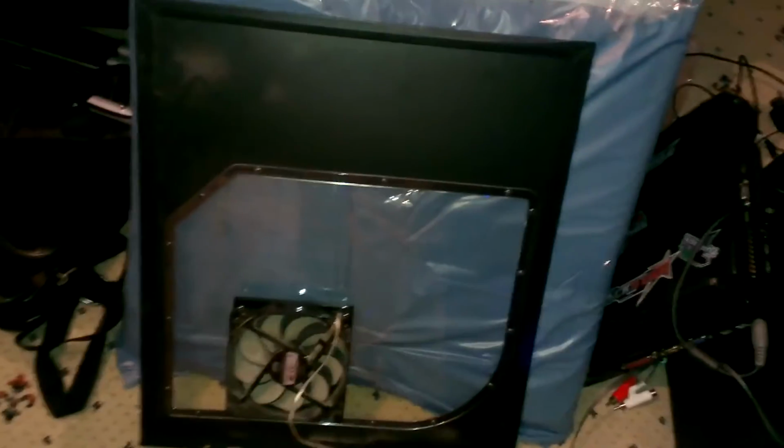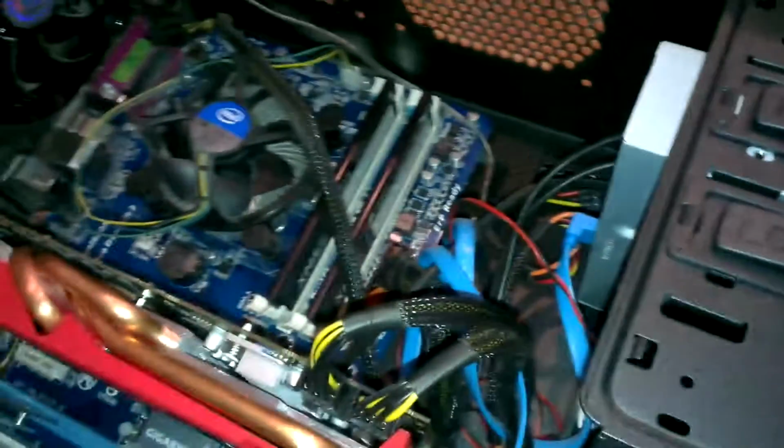I can't wait to make my next build. It's going to be super epic. So what I'm going to do, as you can see here, my side panel and the fan on that is dusty, dusty as hell. So I'm just going to unscrew that, take the filter off, and then turn it the other way around so it sucks air off the graphics card, off the heat pipes of the graphics card,